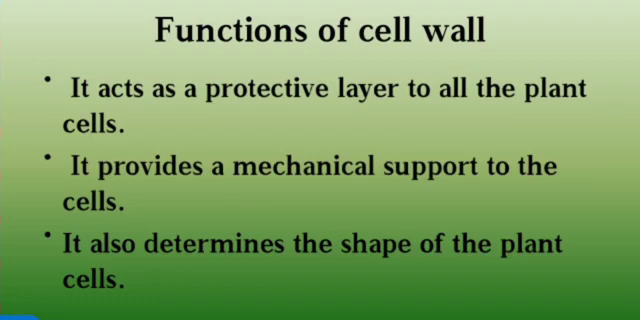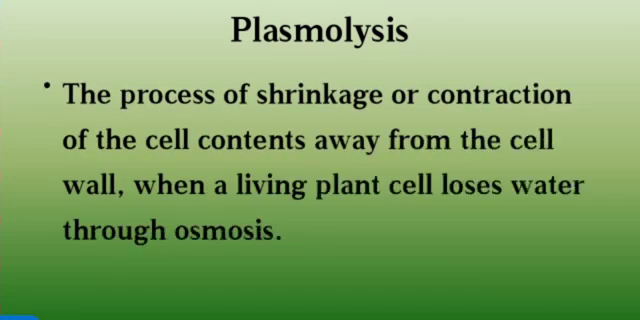Then let's move into the next one, that is plasmolysis. Students, in the previous classes we already studied plasmolysis. Then what is plasmolysis? The process of shrinkage or contraction of the cell contents away from the cell wall when a living plant cell loses water through osmosis. That means when a living plant cell is immersed in a concentrated sugar solution, the concentration